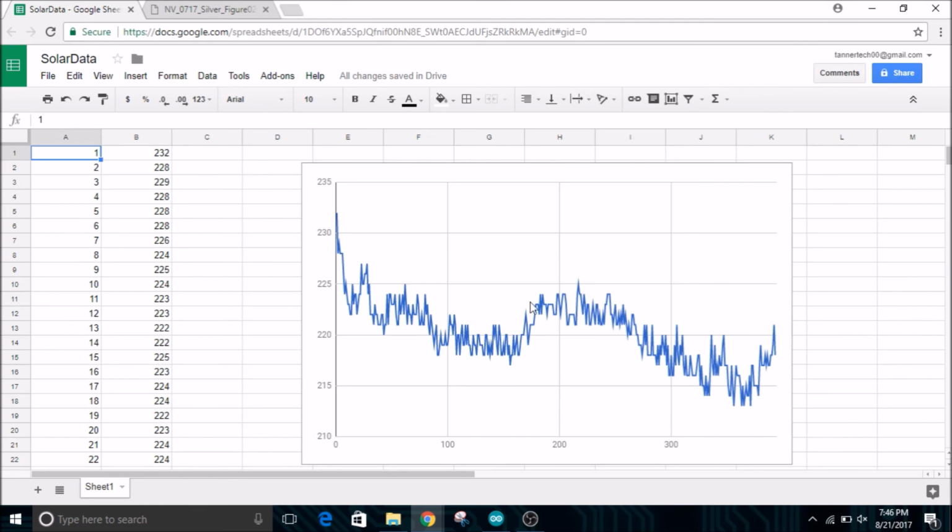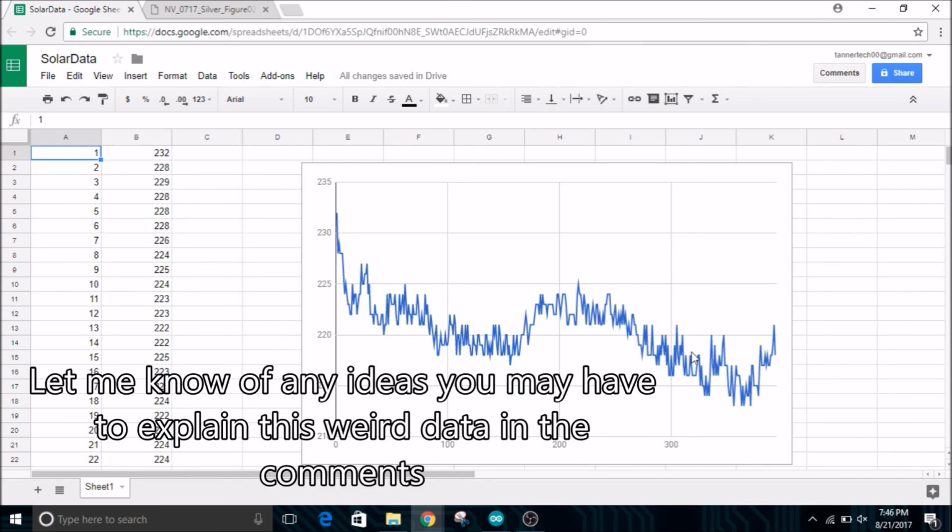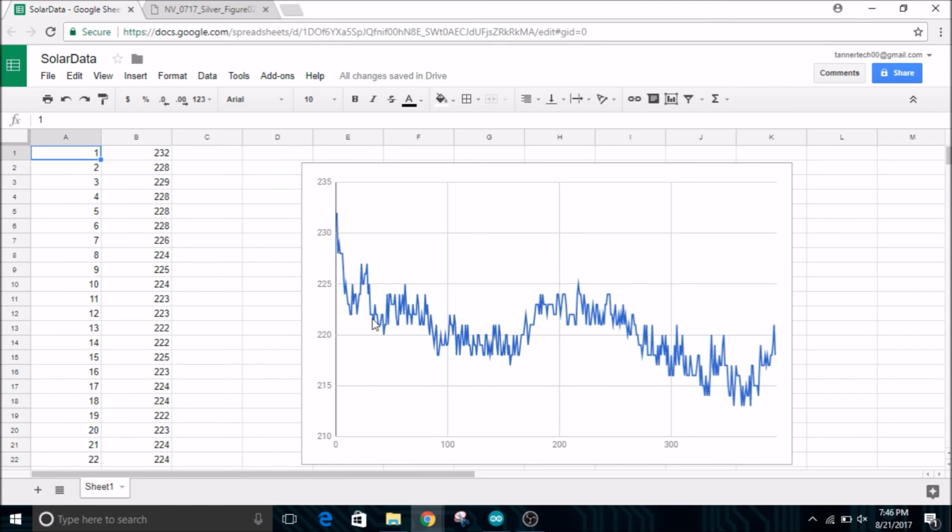Also, the solar panel may have heated up after this, and that heating up of the solar panel may have caused something to happen with its resistance or something, and it made the voltage drop. Anyhow, this is the pretty cool graph that was the result of this whole data logging exercise, and it's actually